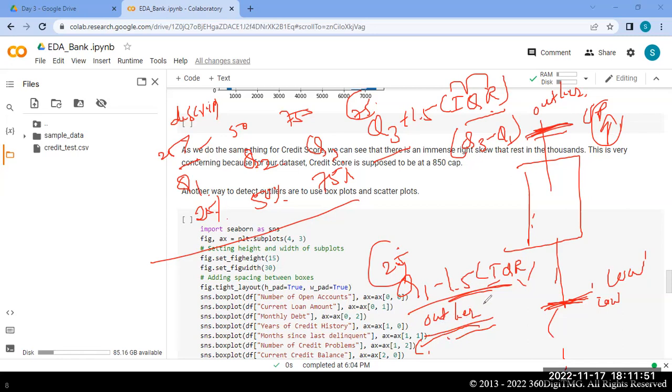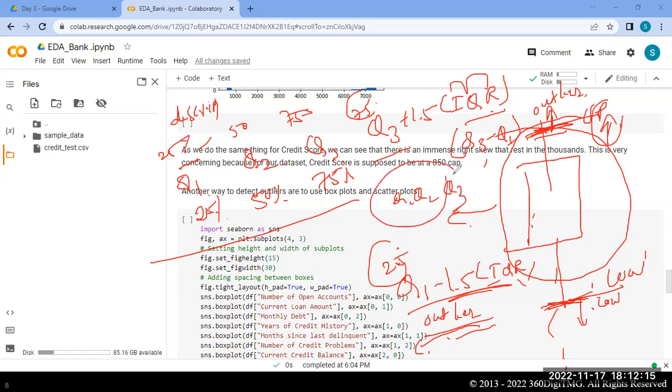In that case also I'll be considering it as an outlier. If the data is beyond the upper cutoff range or beyond the lower cutoff range, we are considering both as outliers. So that is what the box plot does. It defines those upper and lower cutoff ranges using the quartiles: quartile 1, quartile 2, and quartile 3. Based on that, it simply categorizes which data are outliers and which are non-outliers.